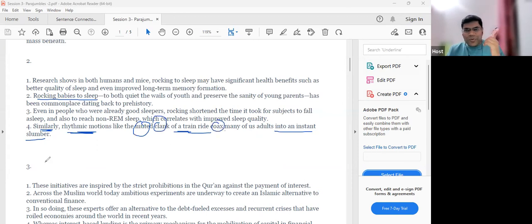So don't make vocabulary something that keeps bothering you, because your job is to connect the sentences, finding all the clues. If there are more than enough clues, you can connect the sentences without worrying about whether you know the meaning of this word or that word. This is the mistake people make. They become obsessed with what they don't know. I tell them not to be obsessed with what they don't know. You should be focusing on what you know. So I see that 2 and 4 is a pair.